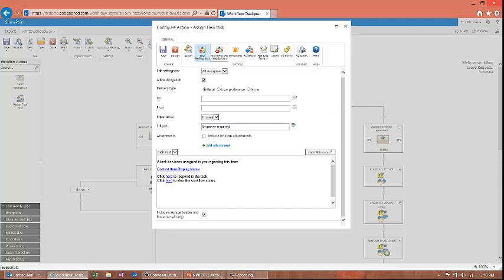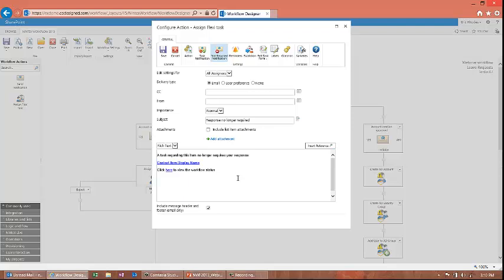I've also got a not required notification, so that's a good example of if this is assigned to a group of people and we've got the behavior of the first response is what we need. Then if it's assigned to 5 people and the first person completes it, the other 4 no longer have to complete it, this will send them